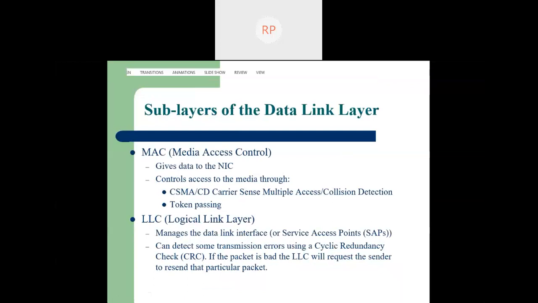There are two sublayers in the data link layer. The first one is the MAC, media access control, and the second one is the LLC, logical link control. MAC is responsible for media access control. You have to use different protocols here: CSMA/CD, carrier sense multiple access with collision detection, and token passing. Here you have to check with the help of redundancy. For that purpose you use the checksum method or CRC method to calculate over the packet and match the checksum, for verification purposes.